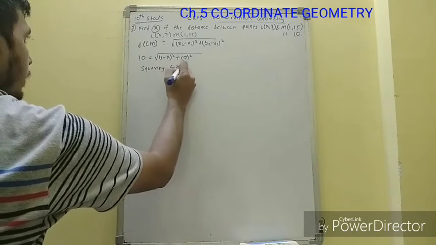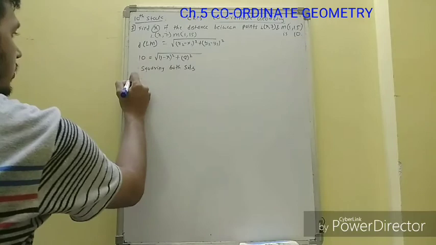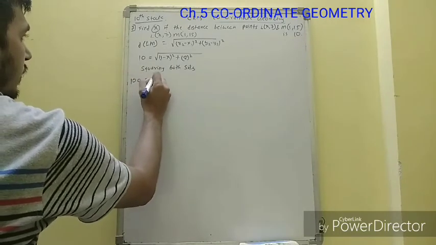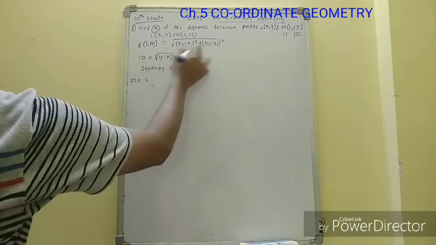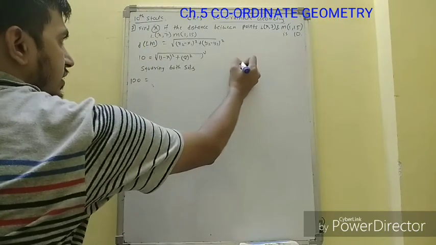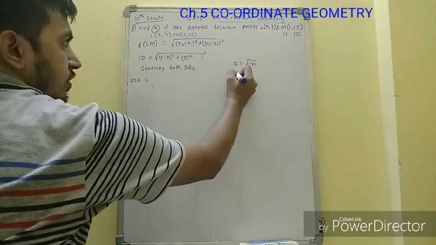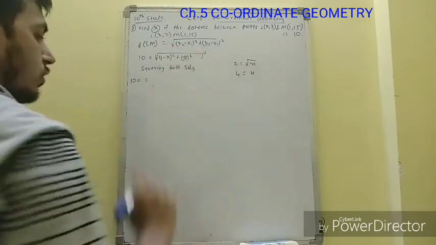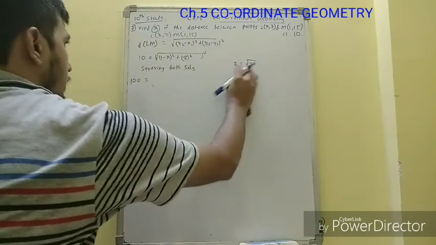Squaring both sides, so 10 square will be 100. This square root sign will get cancelled because we are squaring it. See, if it is like this, 2 is equal to square root of x and we are squaring both the sides, so x is equal to 4. Okay,